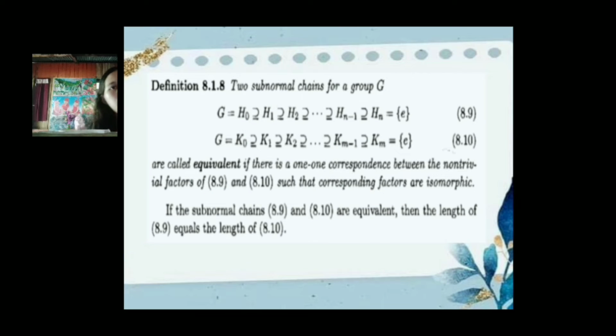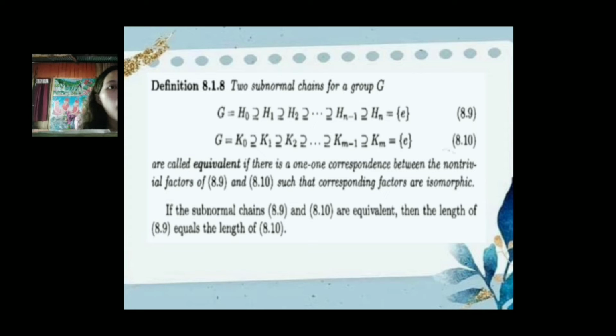Definition 8.1.8. Two subnormal chains for a group G, G = H_0 ⊇ H_1 ⊇ H_2 ⊇ ... ⊇ H_{n-1} ⊇ H_n = identity (8.9) and G = K_0 ⊇ K_1 ⊇ K_2 ⊇ ... ⊇ K_{m-1} ⊇ K_m = identity (8.10)